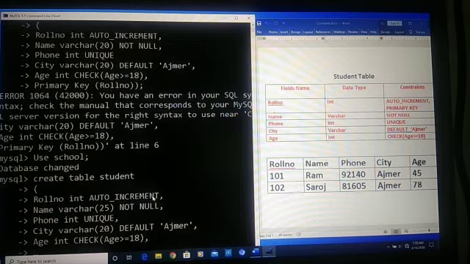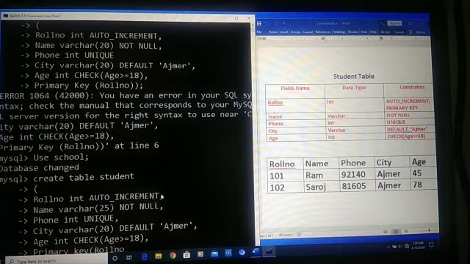Now we will set primary key for roll number. Okay, so for primary key we will write primary key, and which key should be the primary key, roll number. So we will write roll number.